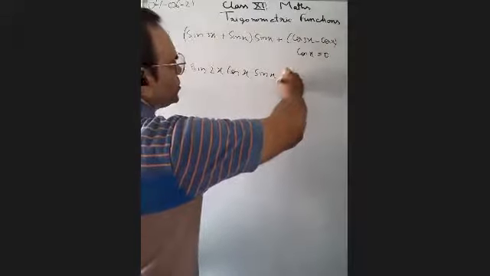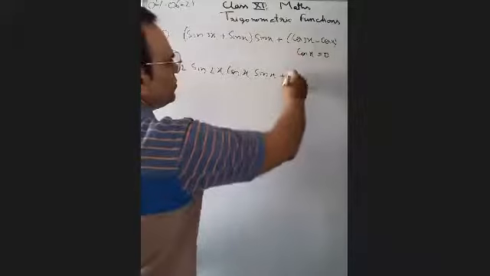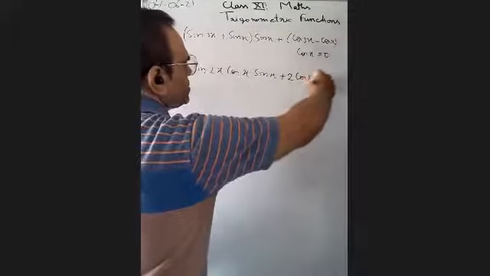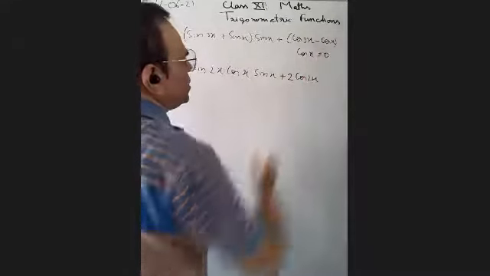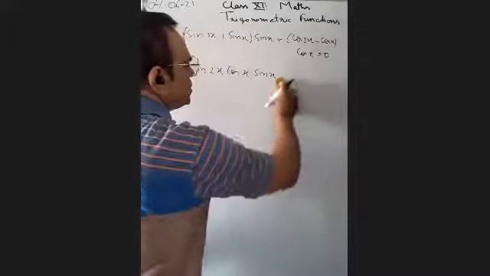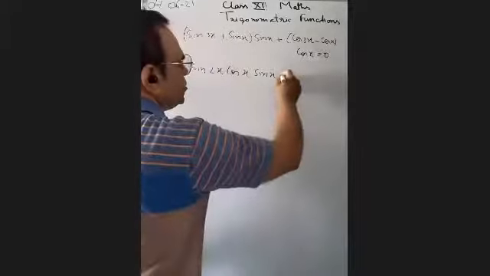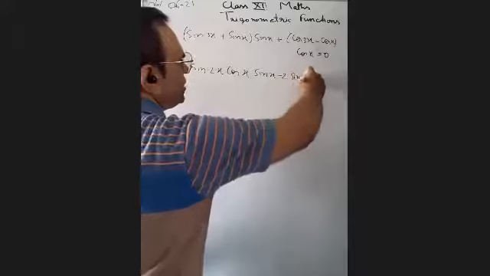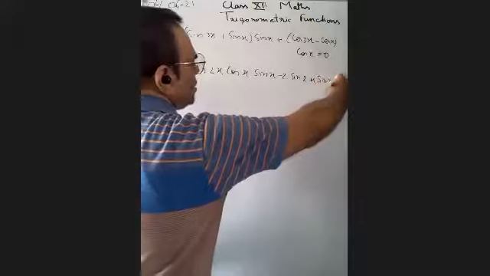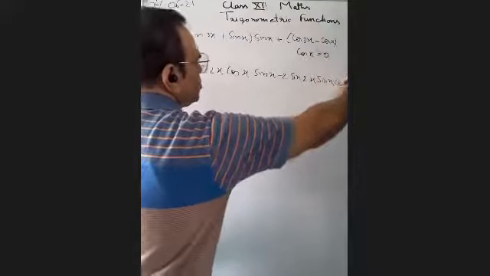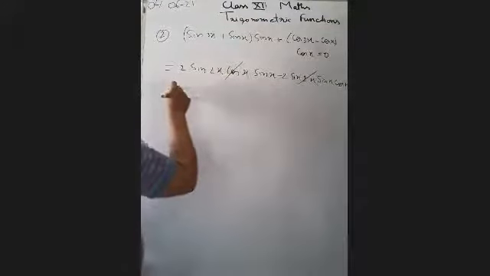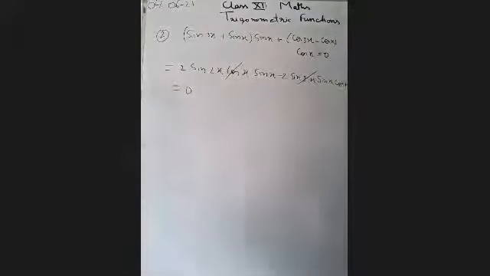Here also we are using the formula of cos C minus cos D. It will be equal to minus 2 sin of C plus D upon 2, that is, it will be equal to sin 2x and sin x. You are seeing here both the terms are the same, so we can cancel both terms. It will be equal to minus cos x, which is equal to the right hand side.